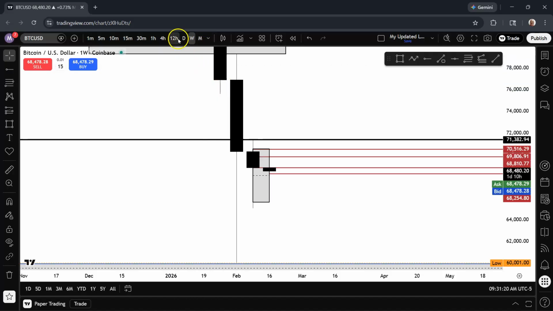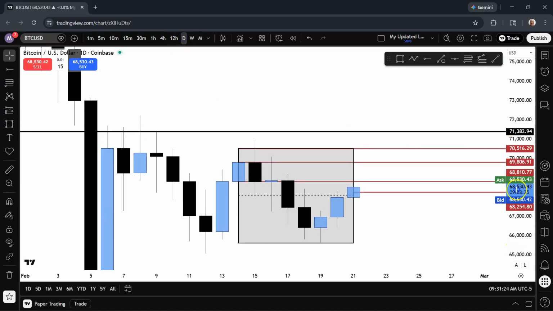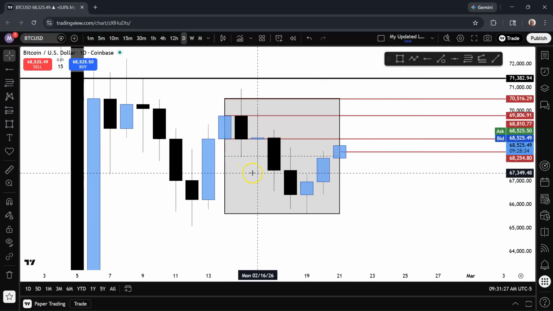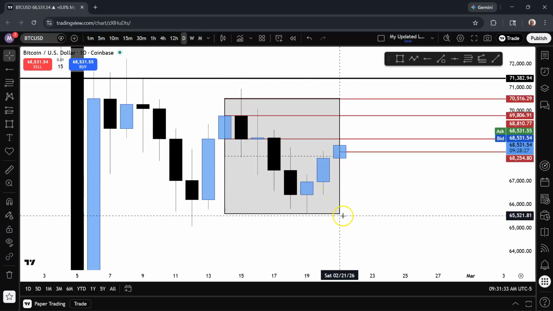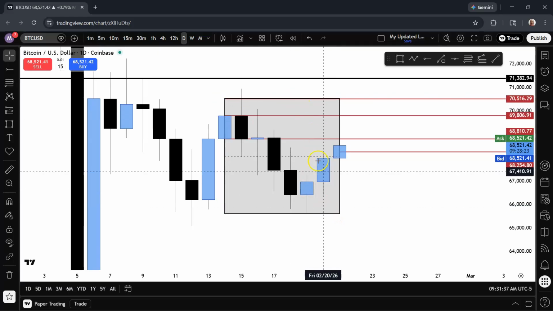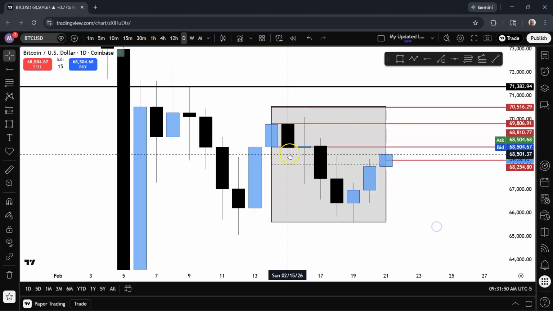Okay, so we're going to go down to the daily. Now in the daily time frame, what I went ahead and did is I took a glance at the week from Saturday all the way to Saturday. So this is 1 week, right? So I marked it out, and I took this candle right here. I marked the high, and I marked the actual close of this candle,